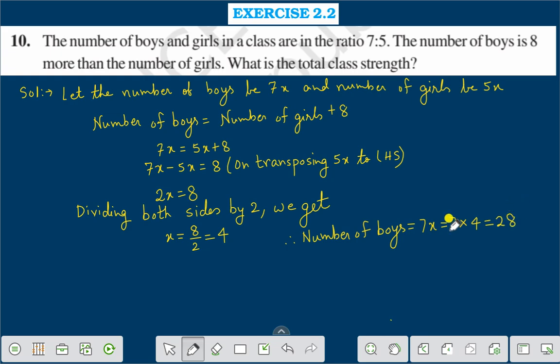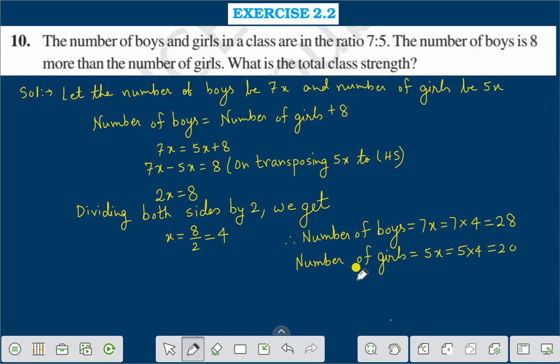And number of girls is equal to 5x, that is equal to 5 into 4. 5 4s are 20,